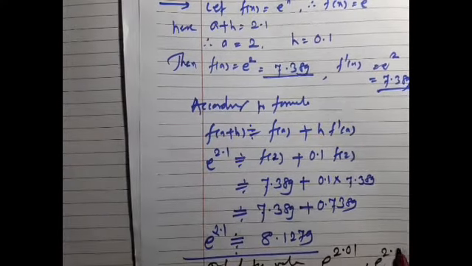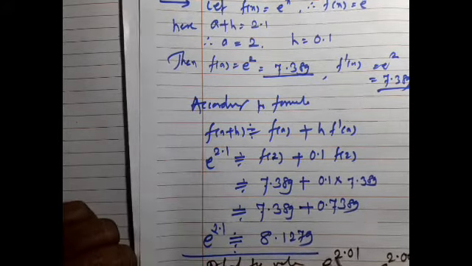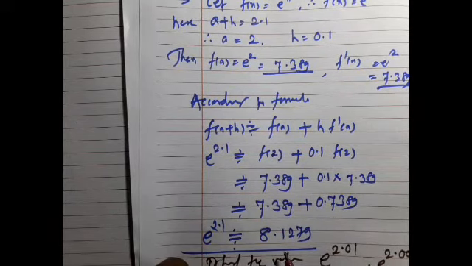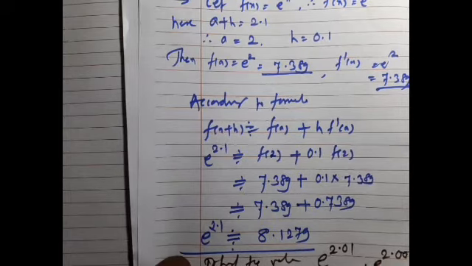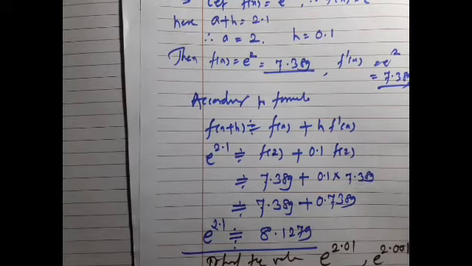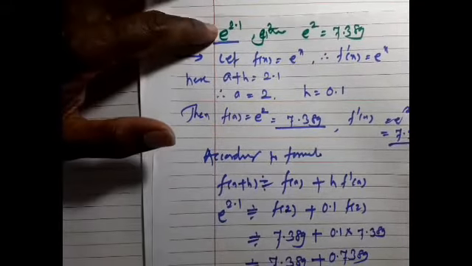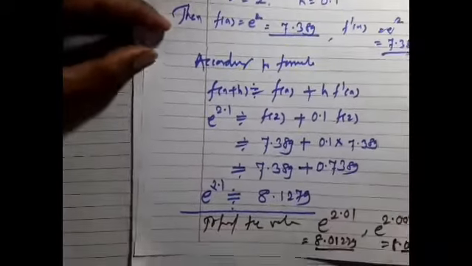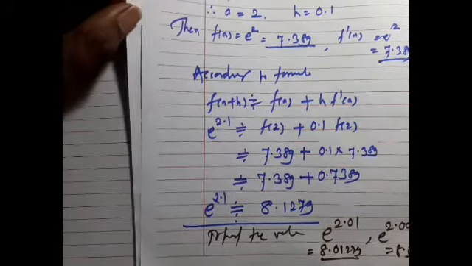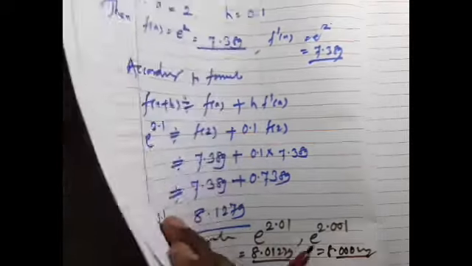Next example, e raised to 2.001. Just decimals are going to increase, nothing more. Here the answer will be 8 point, how many decimals? One more decimal, 0.1279. This will be 8.00 with three decimals, 1279. So this example, if you practice, e raised to 2.1, and by default you can remember these values, and that will be helpful to you for CET purpose. One more example I am going to take.